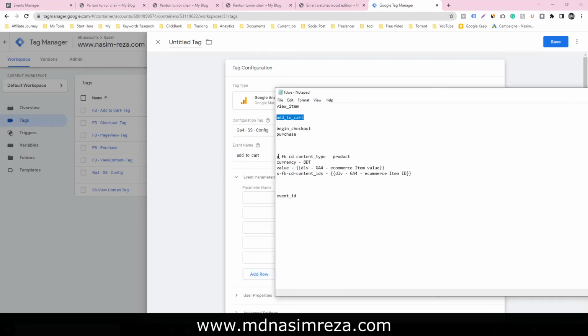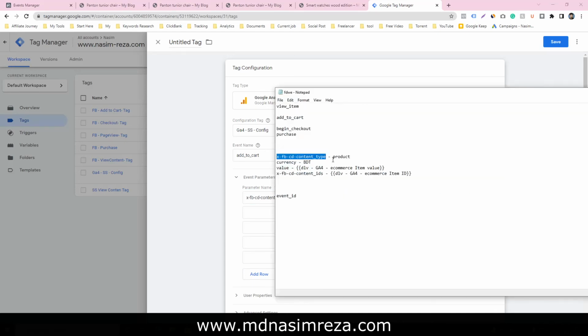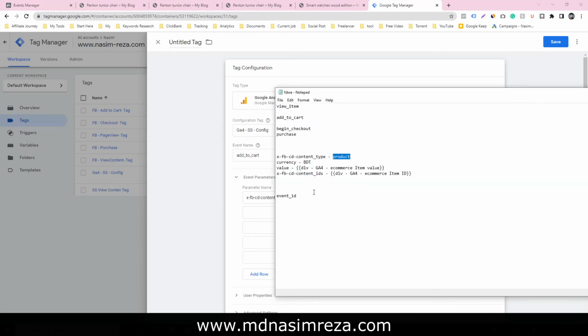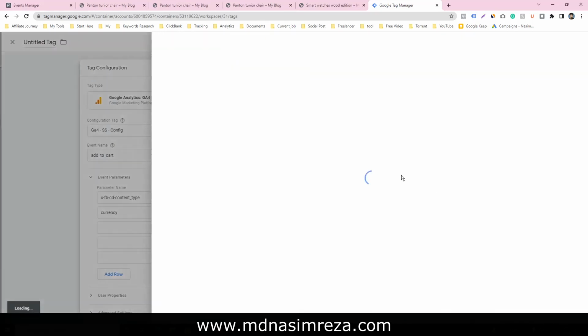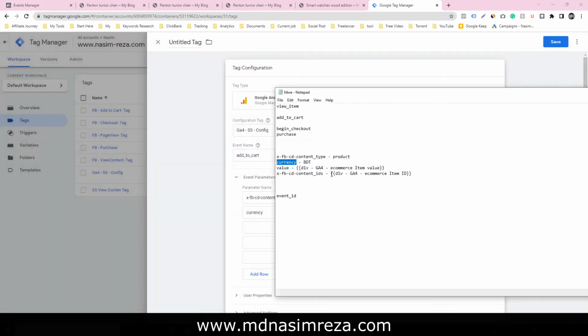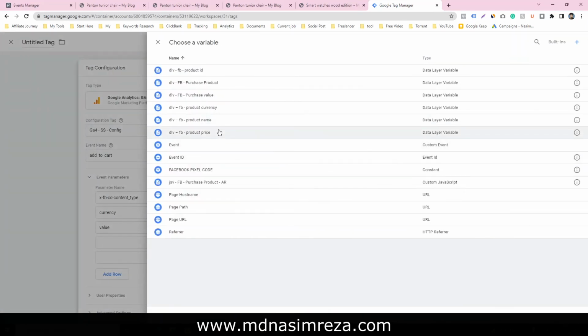The parameter names I already typed, so just copy and paste them. Currency: copy it and select the variable currency. Just copy the value, and it will be the product price.